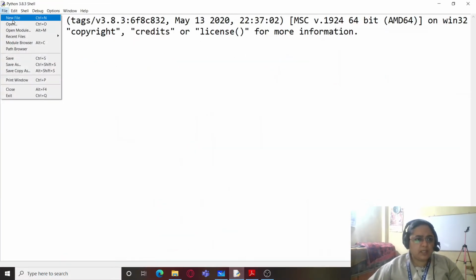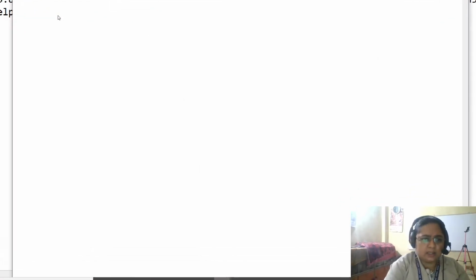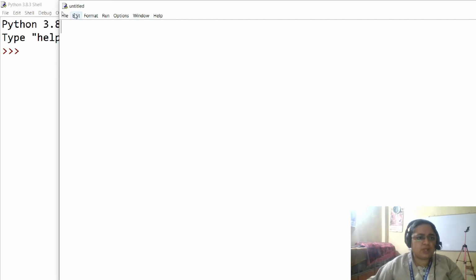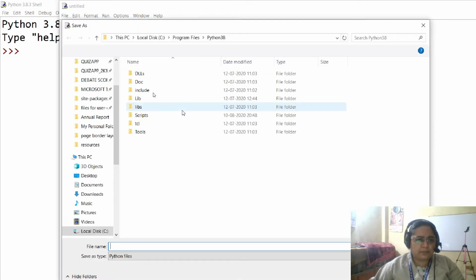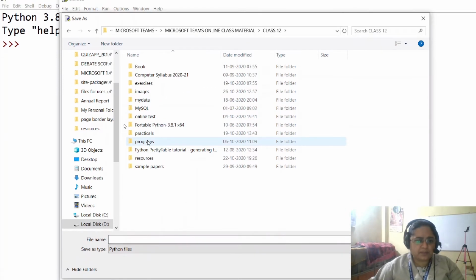I'll be opening a new file first of all, and I will be saving it in a location where I usually save all my Python programs. So I'll go to File, Save, and from here I will select my location.